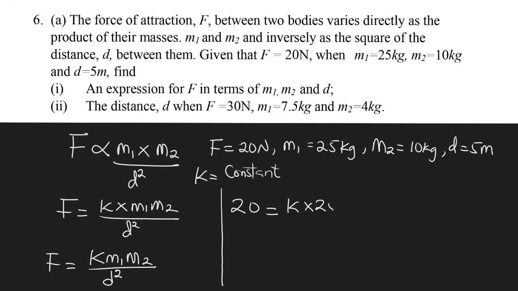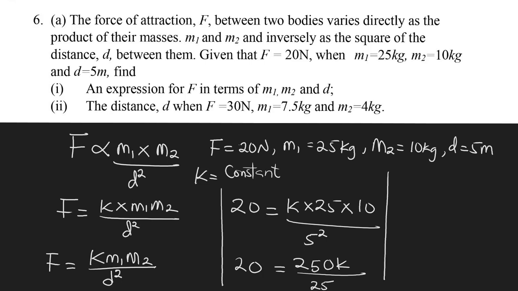So we said 25 times M2, which is 10 kg, times 10, over what is D square? D square is 5 square. So we're going to say 5 squared, right? So this one is going to give us 20 equals 25 times 10 times k. So 25 times 10 is 250, times k is going to be 250k, right? Over 5 square here is 5 times 5, which is 25,